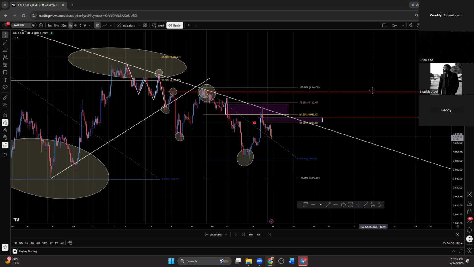Yeah, so the market structure. On the daily time frame, what you want to focus on is your daily high, your daily low, and your daily trend. We do focus on structure on the daily, but as far as our entries, we get our entries off of the 1 hour.